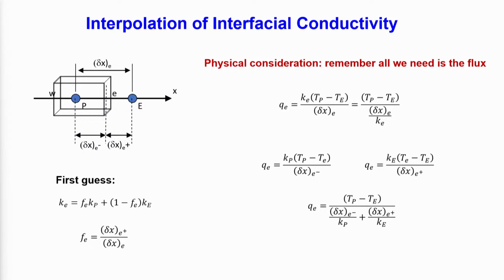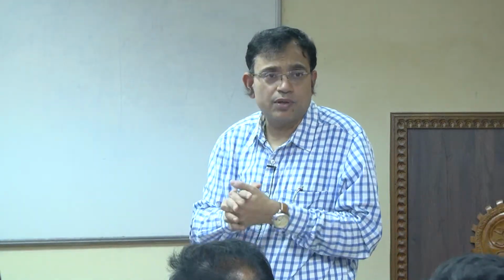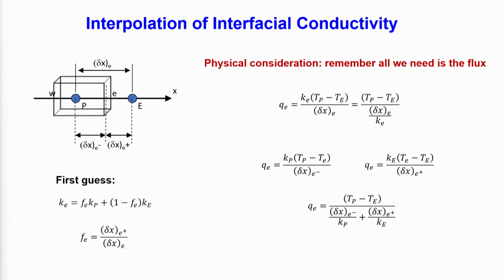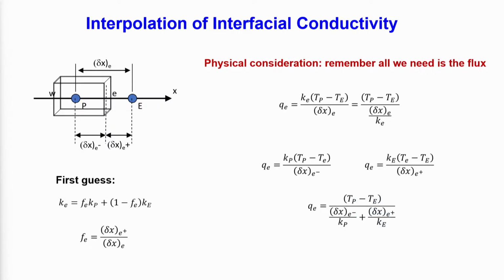So before interpolation, let us look into the physics. Let us say we have a heat transfer problem where this problem is divided into 2 slabs. It is like one of the first courses of heat conduction problem. So heat is transferred from the left to the right and this control volume is divided into 2 slabs. So you have the heat flux at small e, which is k into the temperature difference by the delta x. This is Fourier's law in a linear form,